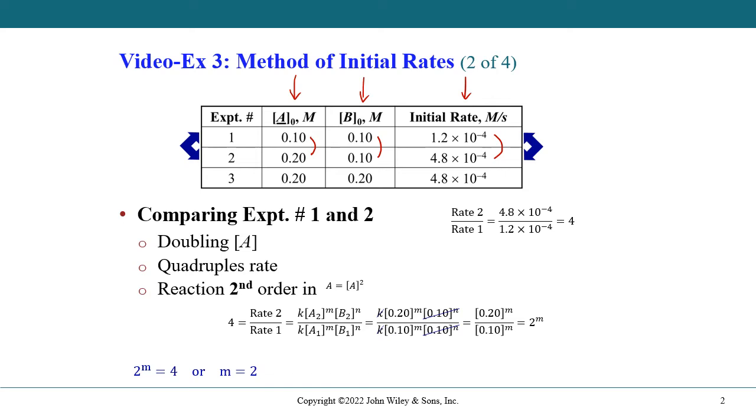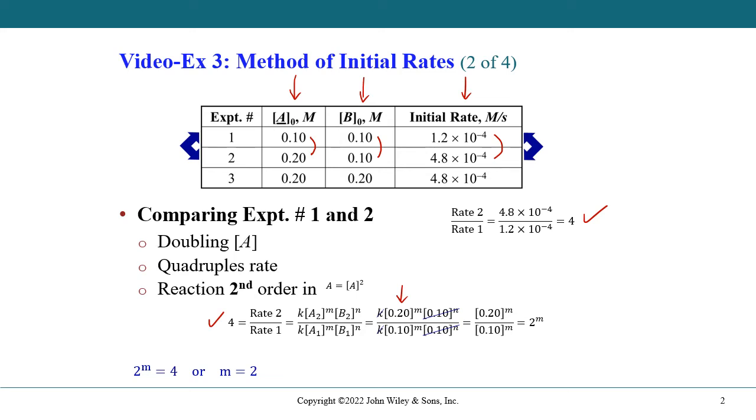And how do I do that? Well, I set up the two expressions, and I say, all right, the rate of 2 over the rate of 1 is equal to 4. Okay, that's been determined from here. So I bring that down here, and then I write the rate expression out, and I say k times 0.2 to the power M times 0.1 to the power N, over k times 0.1 to the power M times 0.1